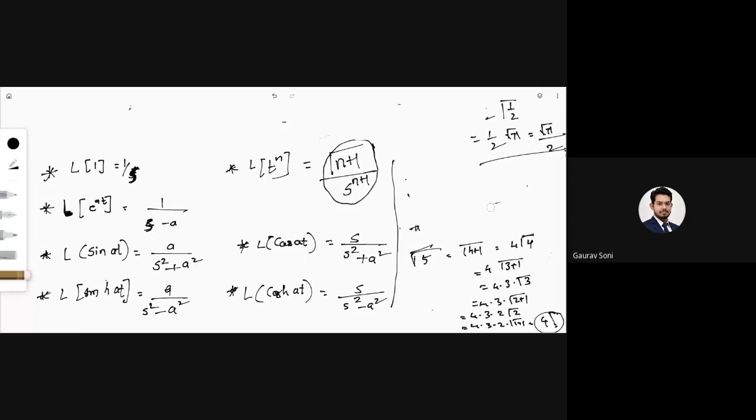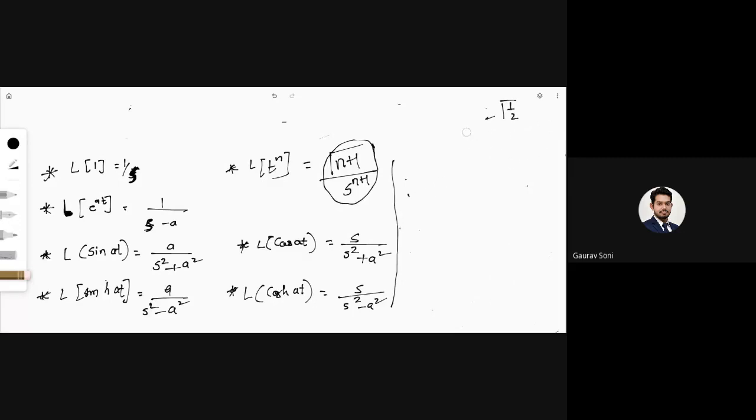Being diploma students, it may be very hard for you to pass M3. But if you want to pass M3, you must do the Laplace transform, because in this chapter you won't need a lot of integrations. So integration and derivative are not needed. Everything depends on the formulas, how you use the formula and how you get the answer. So please take a screenshot of the formulas. If you're writing it down, write it down so that you don't have any problem solving examples.